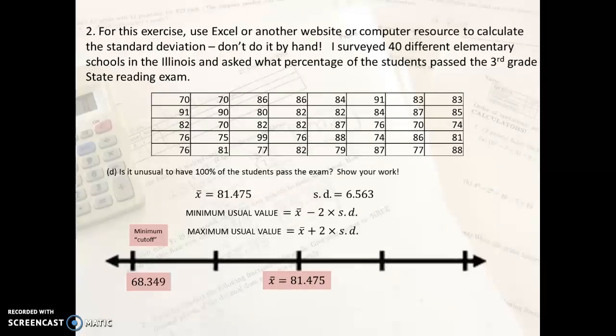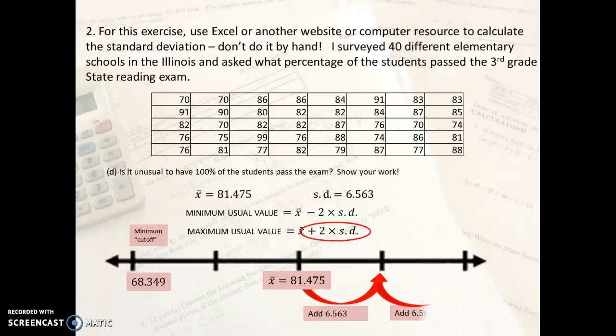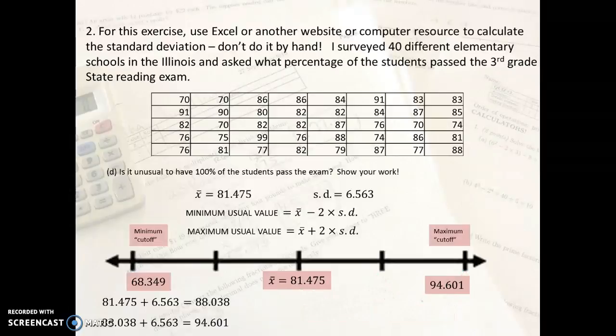If that process makes sense, we'll follow along for the maximum, because I'm looking at 100% of the students. Well, the maximum says I need to jump up twice. So, all right, I jump twice. Why 6.563? Because that's the standard deviation. All right, if I'm jumping up, I have to do an addition. So that's basic adding. I add twice, because that's what the formula says, and I get 94.601. That's my maximum. That's the maximum usual value